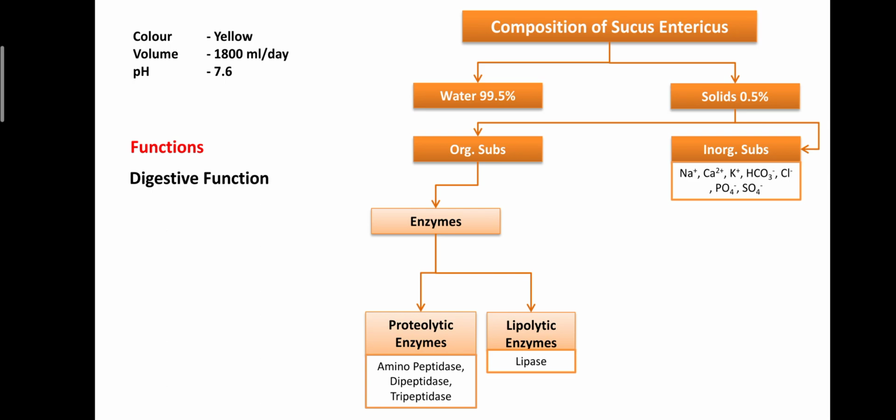So the proteolytic enzymes are aminopeptidase, which is helpful for the digestion of amino acids or proteins. Then dipeptidase enzyme can break the dipeptide into single amino acids. Then tripeptidase is involved in the digestion of tripeptides into simple peptides or amino acids. Then the amino acids are absorbed, enter the blood, and go to the liver, and the liver is involved in the synthesis of the desired proteins that are required for the development of the body.